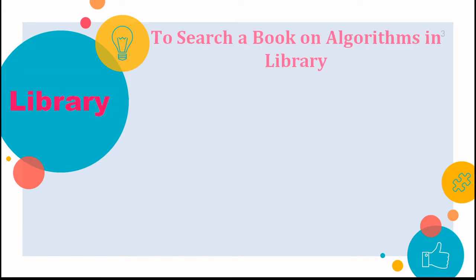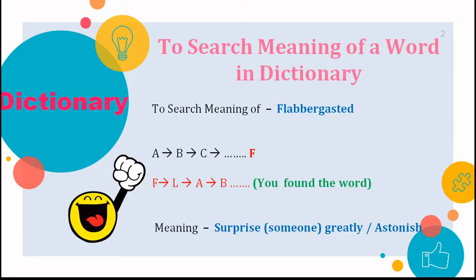After this, we find that the meaning of this word is to surprise someone greatly, or you can say astonish. So you are very happy now because you found the meaning of the word in the dictionary. But nowadays, on Google also, what you are doing is searching, but the algorithms there are so fast that you get the results within seconds, right? So searching is basically an application of a data structure, and for that we discussed this dictionary example that we have seen in our day-to-day life.